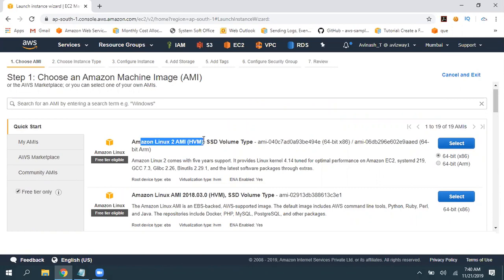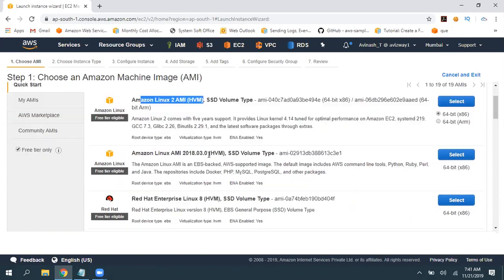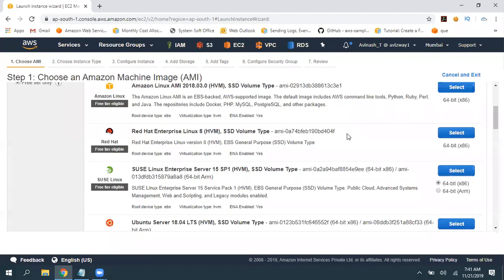The default username. For Windows, we have Administrator, right? For Linux, the default username is ec2-user. Exactly the same way, for Red Hat the username is going to be redhat. For Ubuntu, the username is going to be ubuntu. For CentOS, most of the time it's going to be centos or ec2-user. So try with these. Try redhat as the default username, and if it is not working, try ec2-user. For SUSE Linux, I'm not sure about that, so you can give it a try.